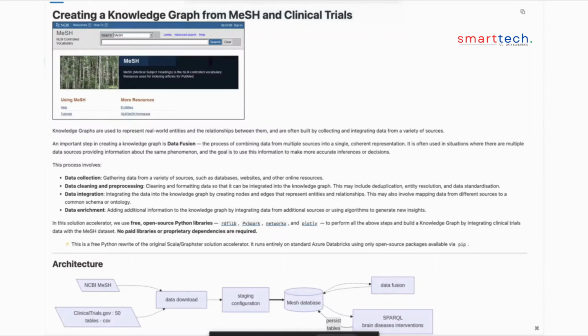Hi everyone, this project builds a biomedical knowledge graph by integrating MeSH concepts with clinicaltrials.gov data. Knowledge graphs represent entities and relationships in a structured way. In biomedical research, data is scattered across many sources, so connecting these datasets helps researchers better understand relationships between diseases,